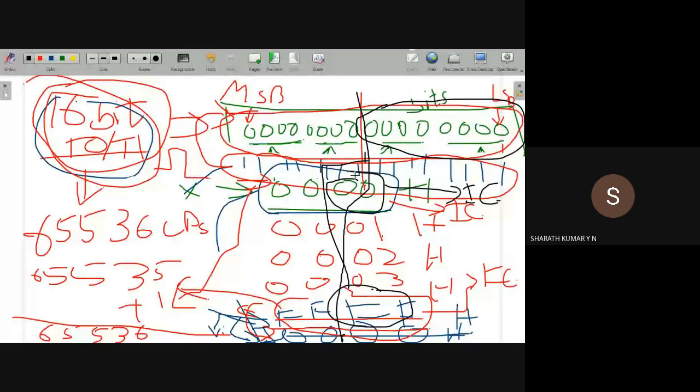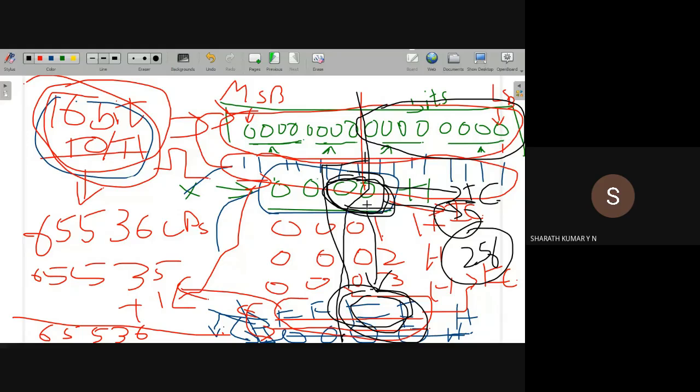Okay, the initial count in most timer operations is 00, but we can change this initial count to some other value. If you start with 00 and go up to FFH, the maximum number of clock pulses you can count is only 256. Let us say I don't want to count 256, I want to count a lesser number of clock pulses. Then we need to change the initial count, not the final count. The final count is always FF, all bits are 1. We can change only the initial count to some other value to count fewer clock pulses.